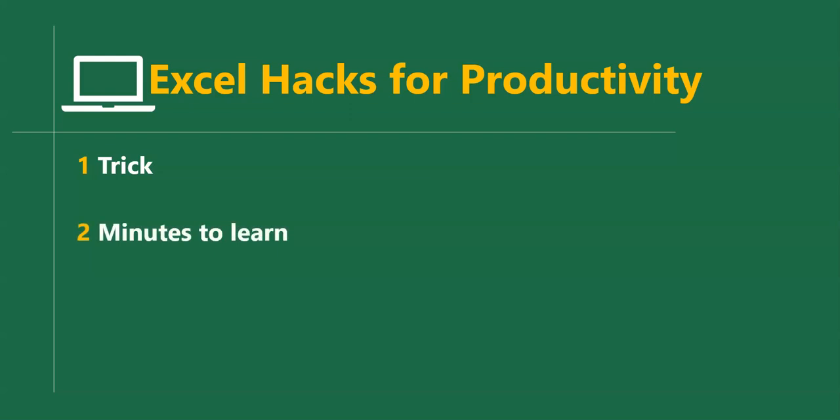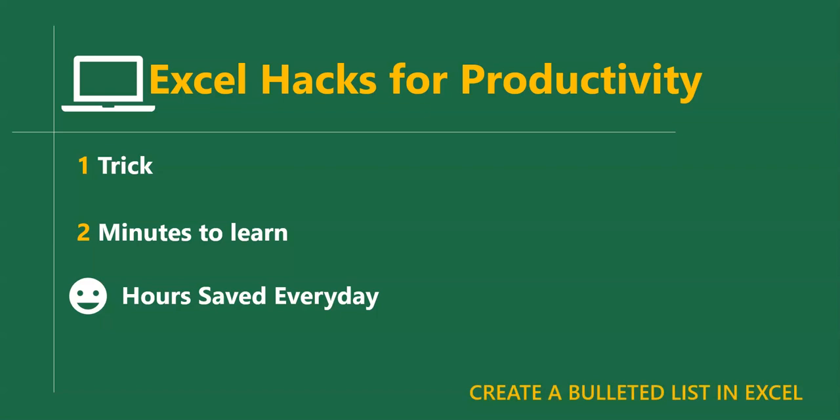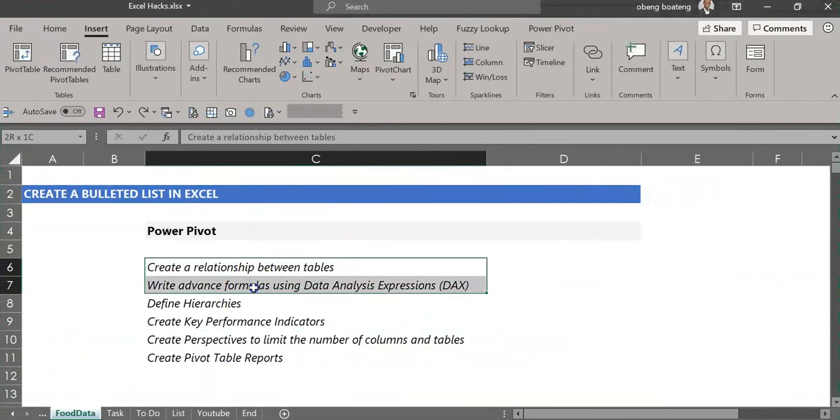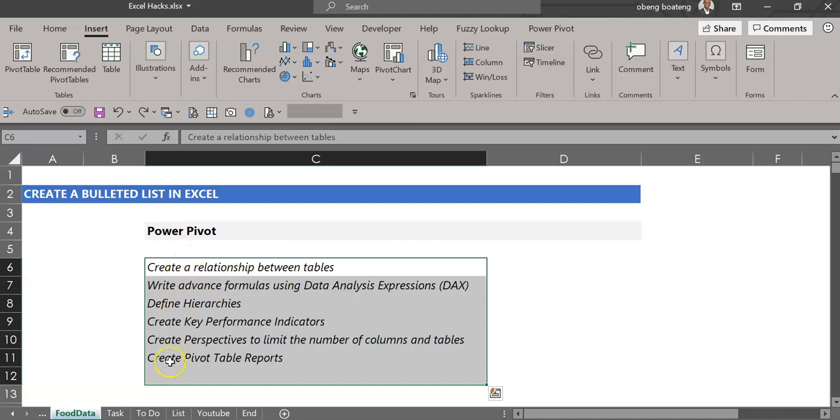One trick, 2 minutes to learn, hours saved every day. In this short video, we'll learn how to create a bulleted list in Excel. Unlike Microsoft Word, Excel is not well designed to create a bulleted list. But in this example, we'll go through a quick workaround to convert this list into a bulleted list and place